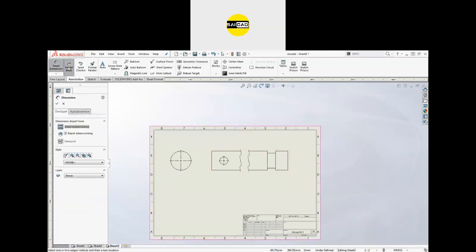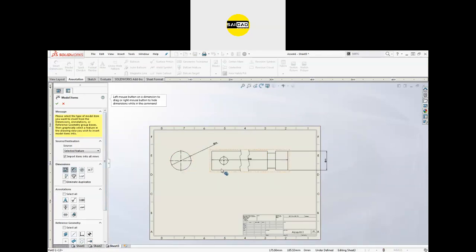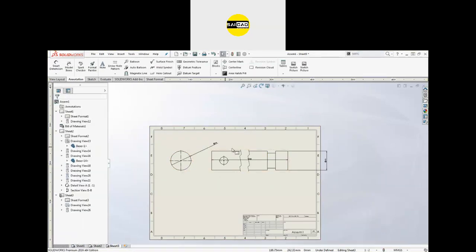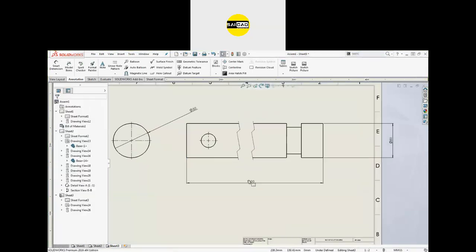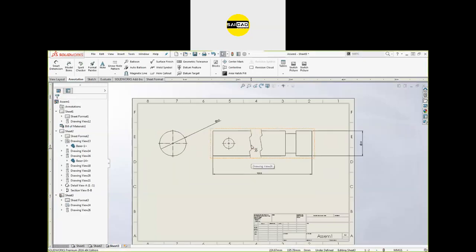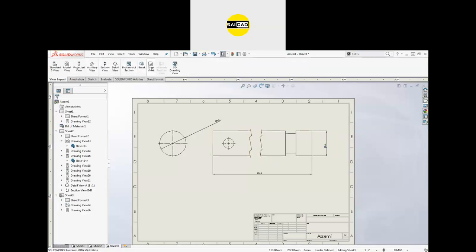And you can also define the dimension. Okay, and the dimensions will be the actual dimension. It is 1000. The actual length of this shaft is 1000. The length will be shown, but the object will be created in the break view. Okay, so like this way you can create the break view and the crop view.